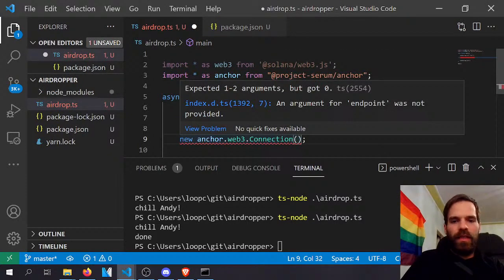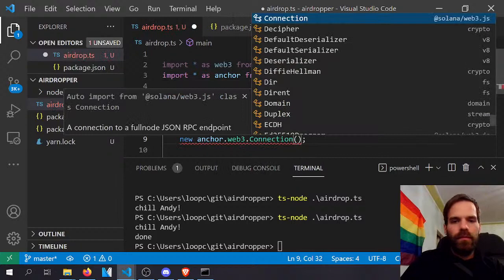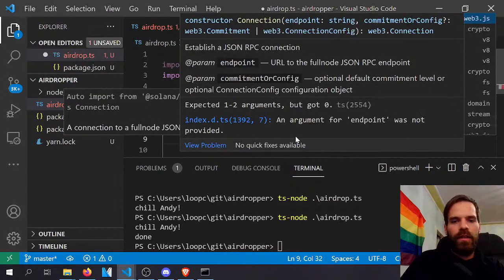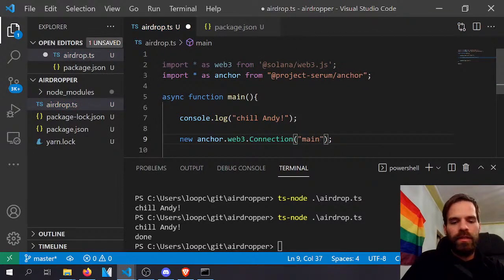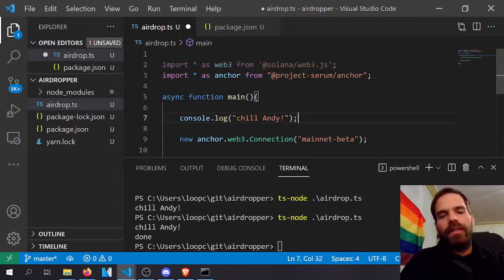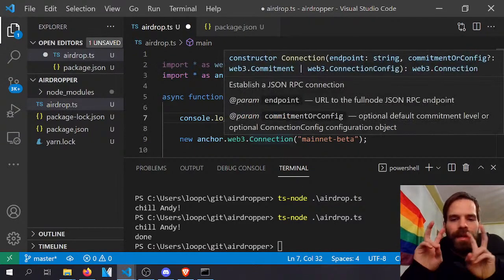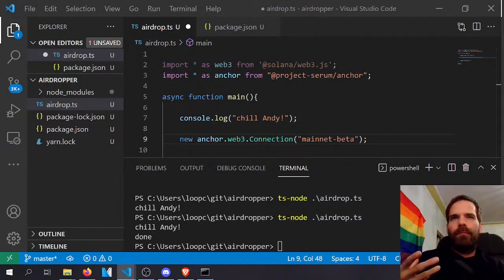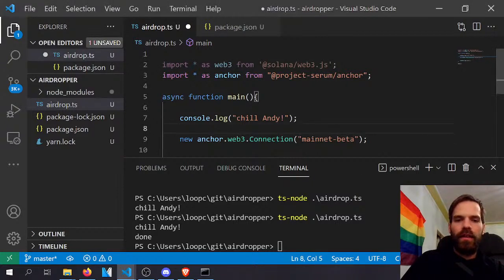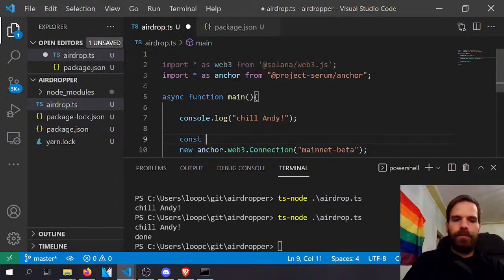We provide that a string, right? That's the first parameter, a string, the RPC endpoint. And that string could now either be just mainnet-beta, then it will do the same as if we provide the URL mainnet-beta, it will just take the default public API,